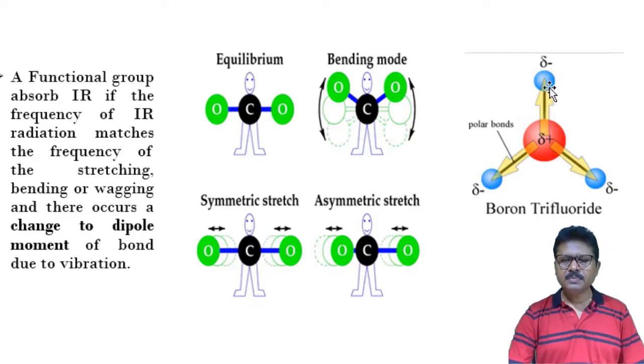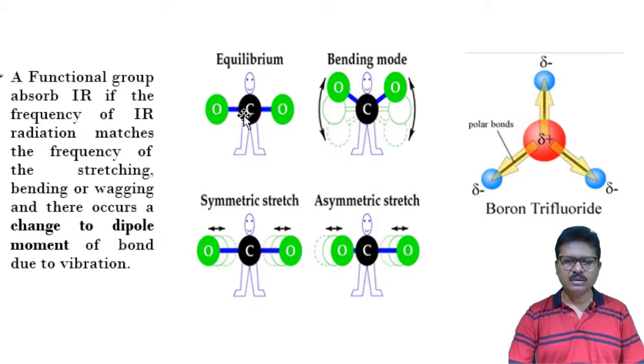Now the size of the dipole is defined by the dipole moment, which is a function of charge and the distance between these two atoms. Now this dipole moment is a vector quantity which has a particular direction, say from plus del to minus del. So this is a vector quantity, it has a magnitude as well as a direction. Now from this figure, this is carbon oxygen, two bonds are here. This is an equilibrium situation. So one vector is in this direction, another vector is in this direction.